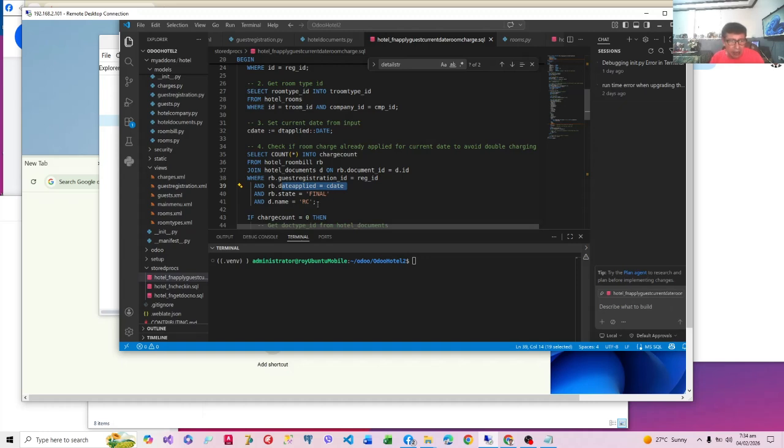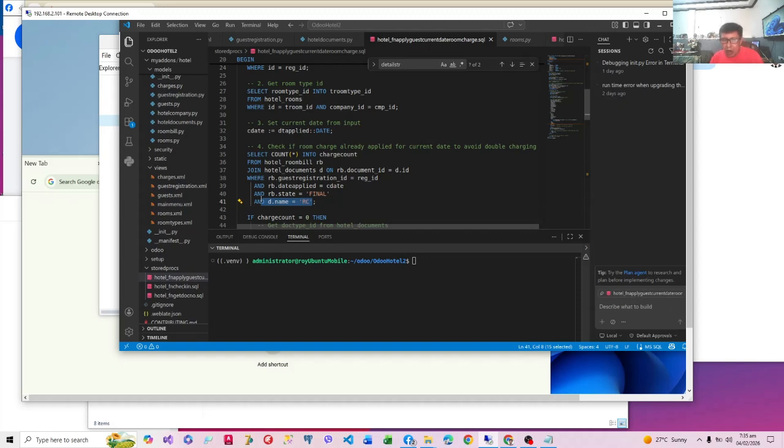And then the document name is RC for room charge. Remember, we are going to do a left join on the room bill document. The room bill RB is left joined to the document ID, where we can get the name, specifically for room charges.